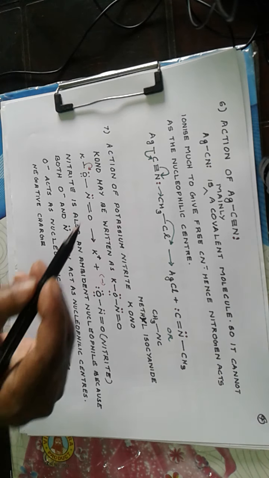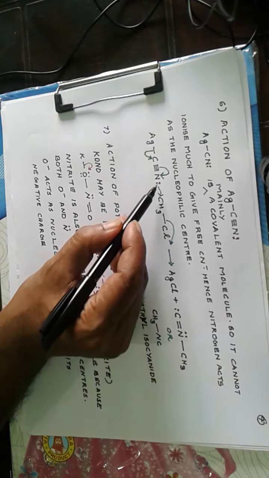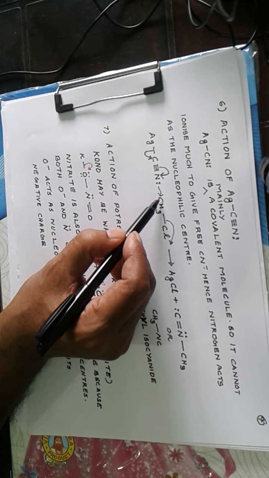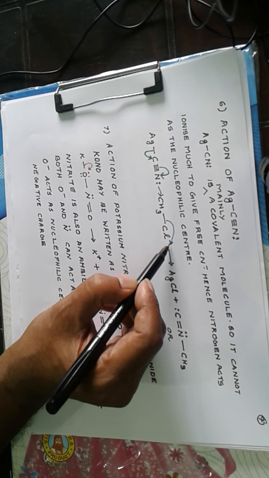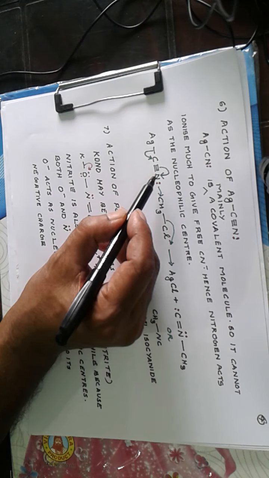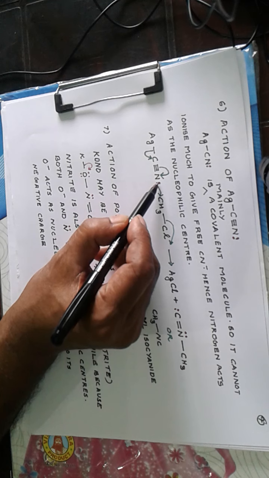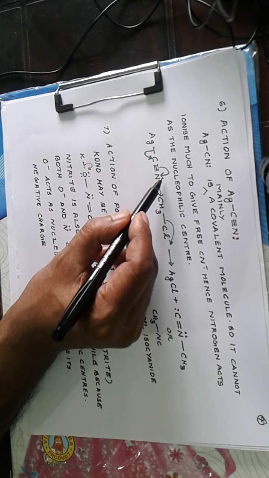Then carbon cannot act as the nucleophilic atom. So the pair of electrons of nitrogen is donated to the carbon of methyl with the simultaneous removal of Cl negative, in an SN2 reaction. Now when this pair of electrons is donated to carbon, one electron of nitrogen is given to carbon, so it will carry a positive charge.